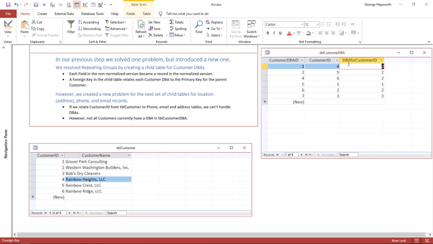Each of these DBAs now relates back to one customer in the customer table, and it also indicates who that DBA belongs to. The same thing could be done with subsidiaries or franchises or multiple retail locations. Anywhere that you have a master entity,